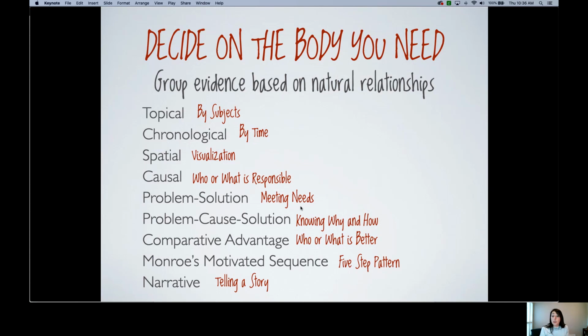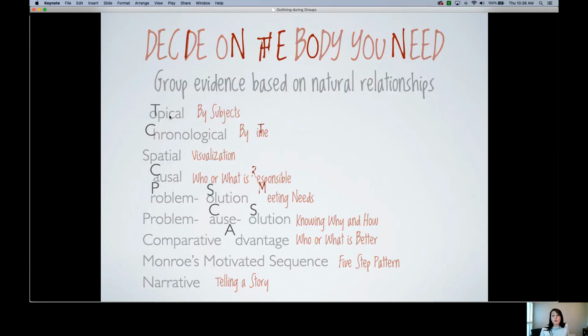Gather that information into a particular place. You can do it like I did, where you highlight it and then you pull it out. You could write it on index cards. I always have index cards with me. You could write it on Post-it notes, but group your information so that you can see how it works together in natural relationships. I am going to tell you that for this speech, I am going to use